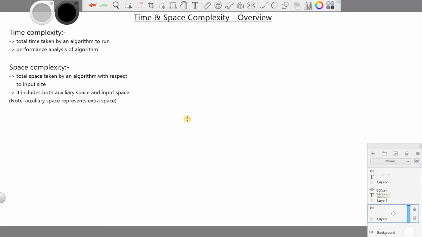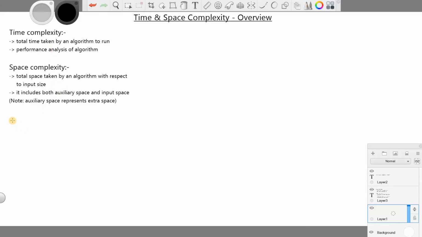So why are time complexity and space complexity very important for us? While developing code, anyone can write code. Some code will be efficient, some less efficient. So how can we say which is efficient and which is less efficient? To compare the performance of different algorithms, we have to use time complexity and space complexity. Depending on the scenario, we can go for either complexity. Let's go for an example.